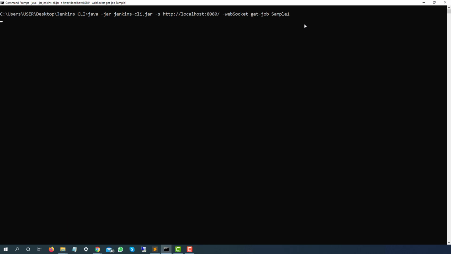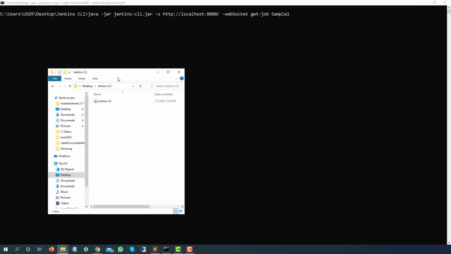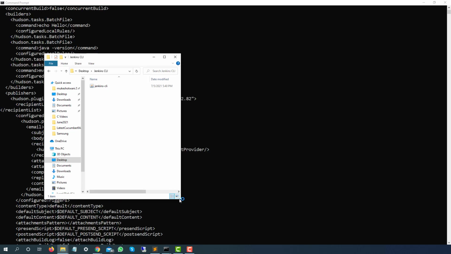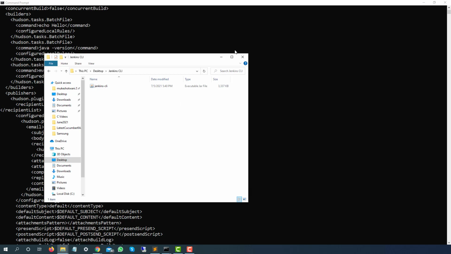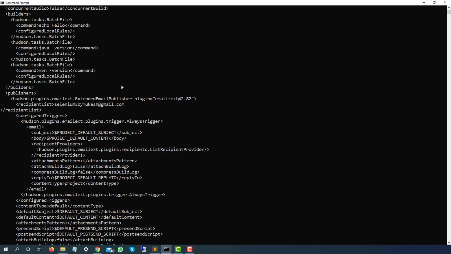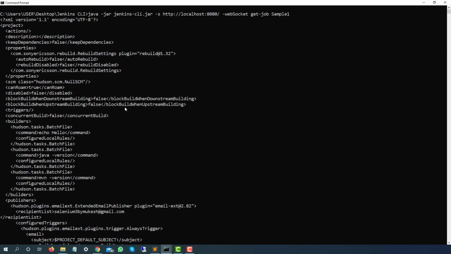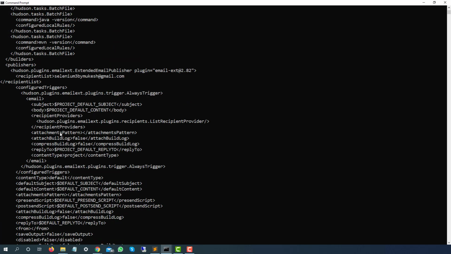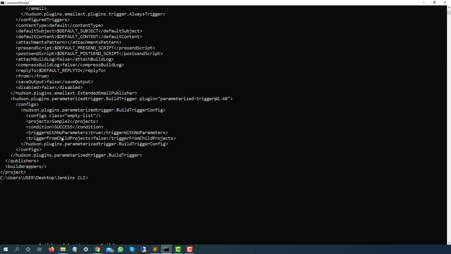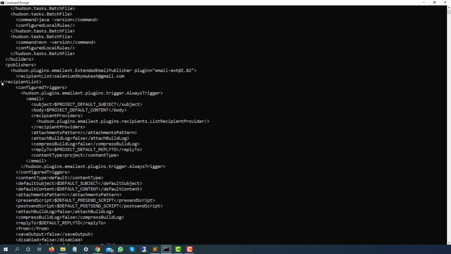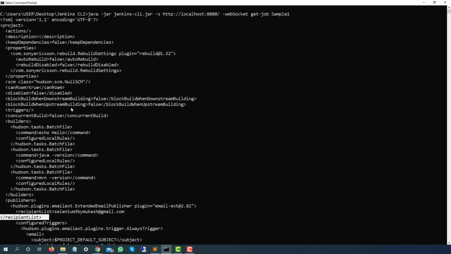The moment I execute this command, notice here, it's not dumping anywhere because we need to use one arrow, but on the console, as you can see, it is giving you the complete job information in the form of XML: whatever settings you have, what kind of post build actions you have, what the recipient list is, and everything.